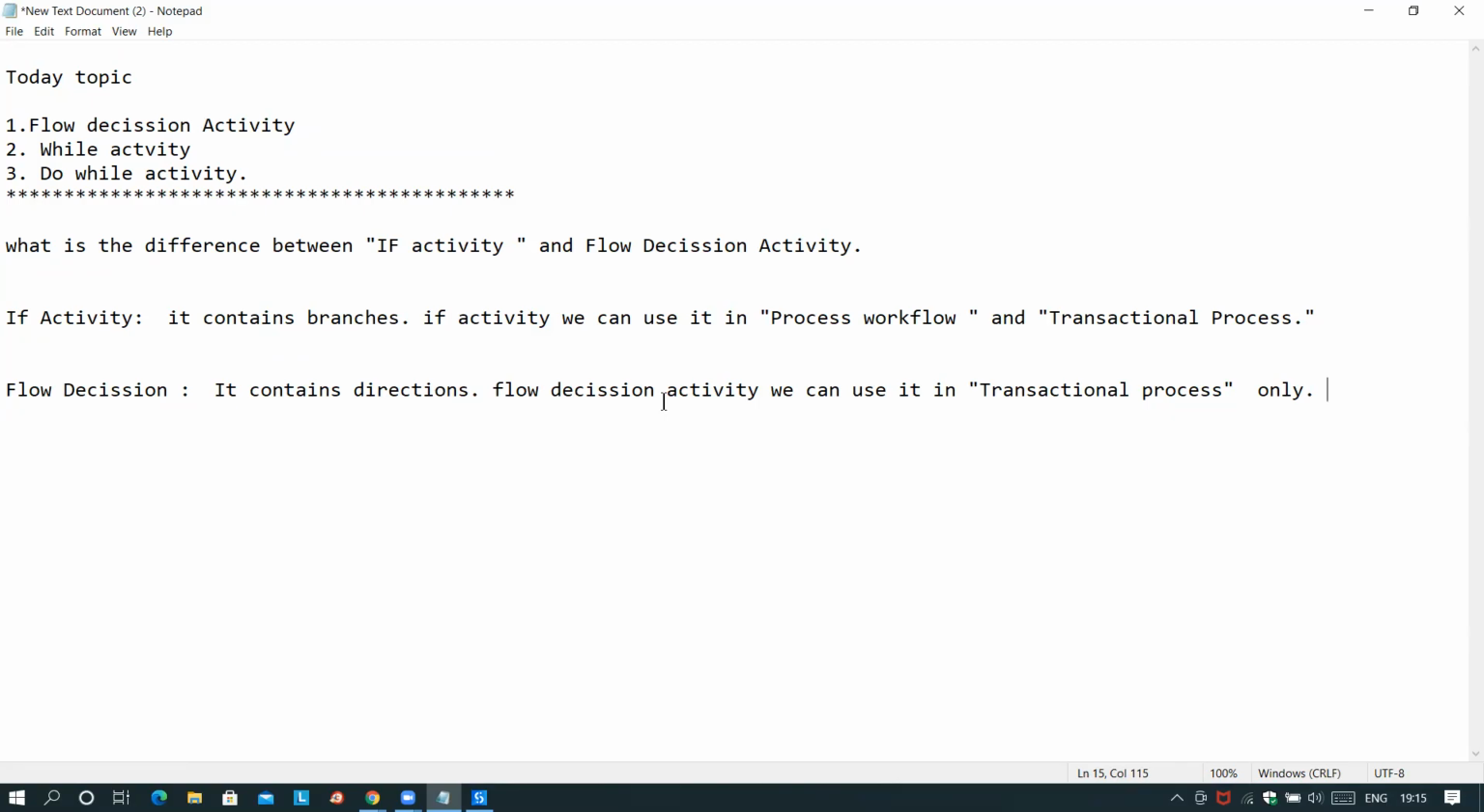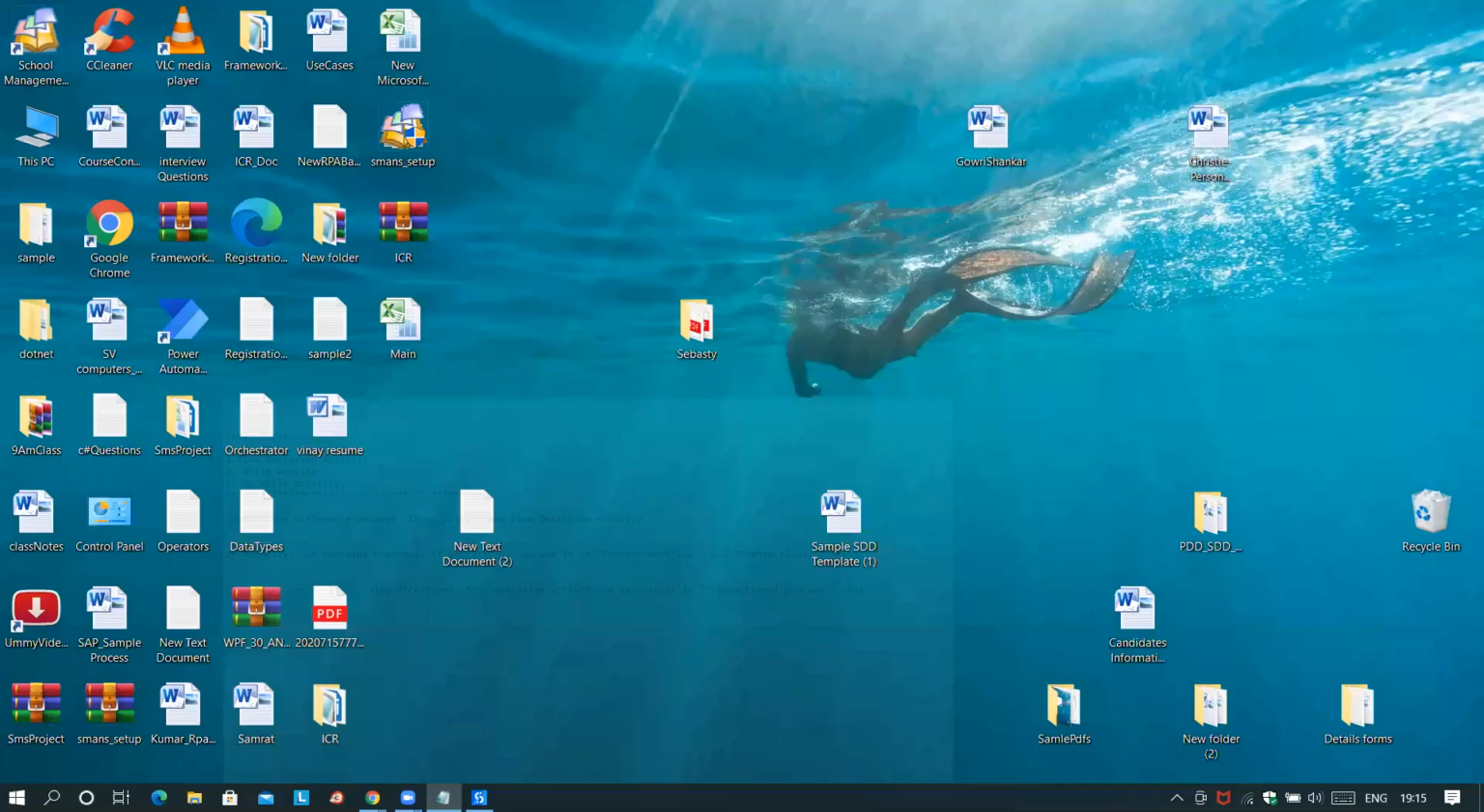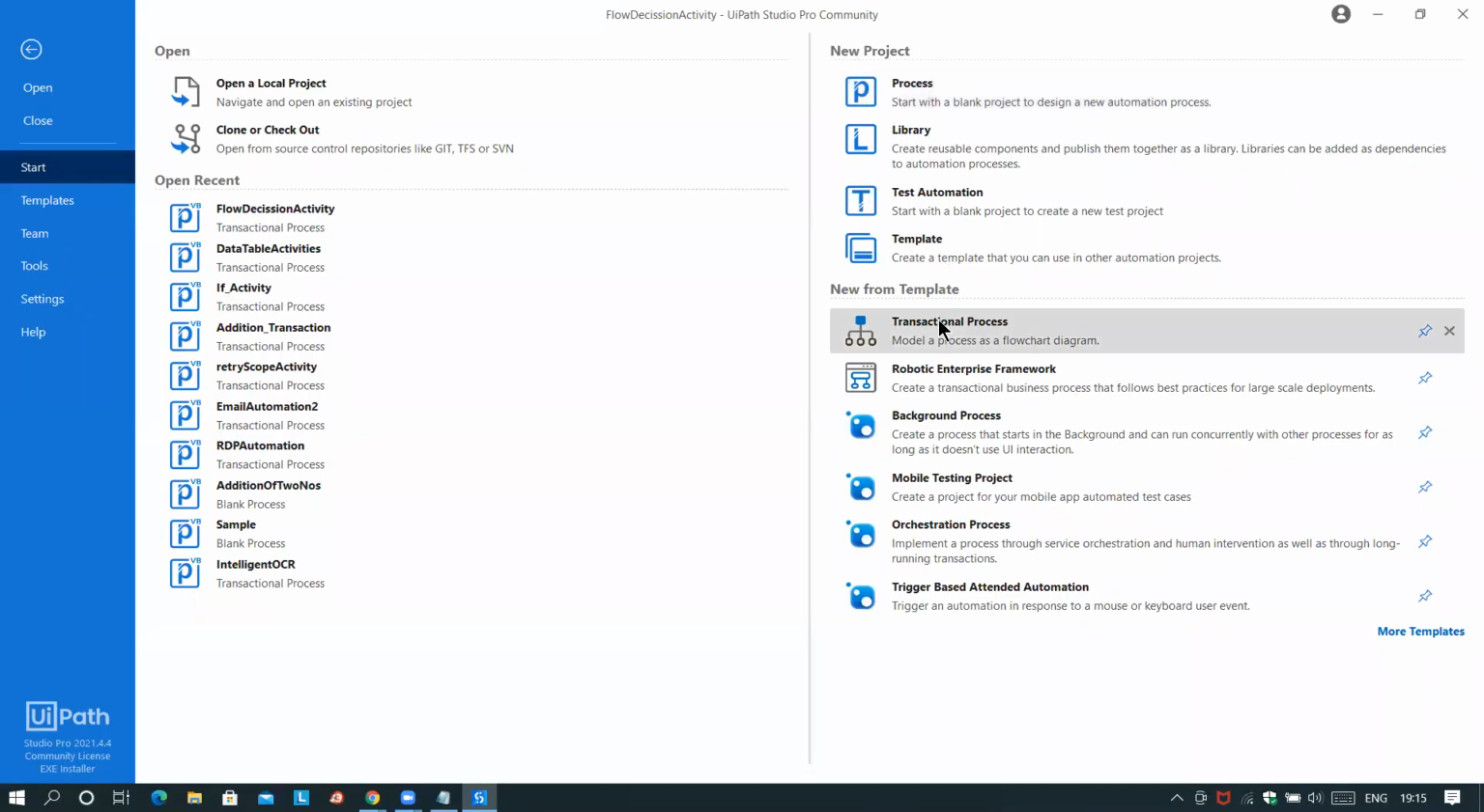The flow decision activity we cannot use in a process workflow; there is no possibility to use it there. See, process workflow is called a linear workflow. Observe this one. The process workflow is called a linear workflow. One by one, activities execute. But transactional process is a non-linear workflow. So that's why only in this transactional process can we use the flow decision activity. Okay,